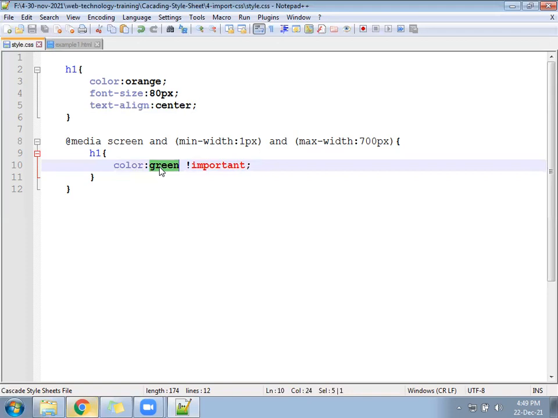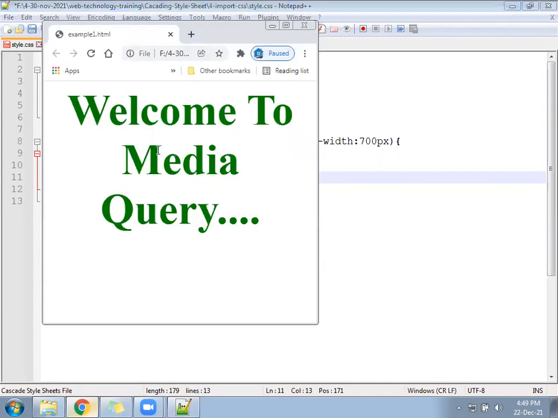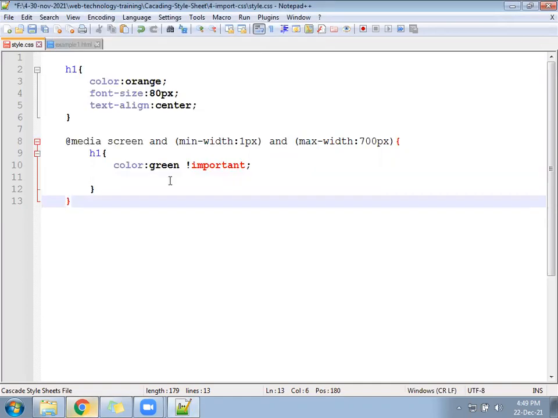Okay, go next. Now after that, 1 to 700, we are thinking the device screen size is between 1 pixel and 700 pixel, like the mobile phone. So in a mobile phone, if it displays such a big font size, it will be difficult. The entire screen will get covered by only one text. So we have to reduce the font size. So here is the option.